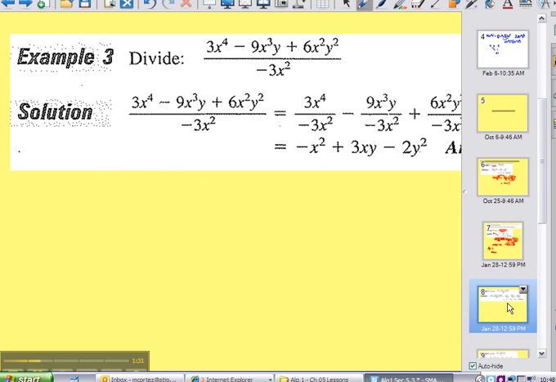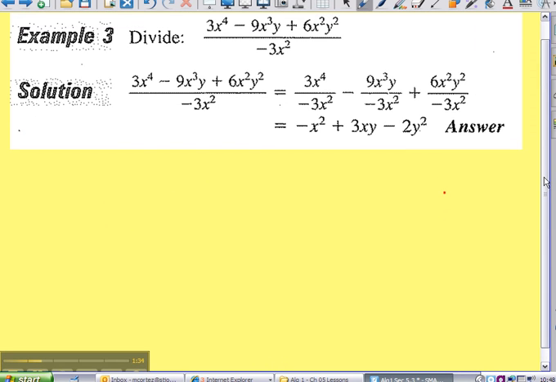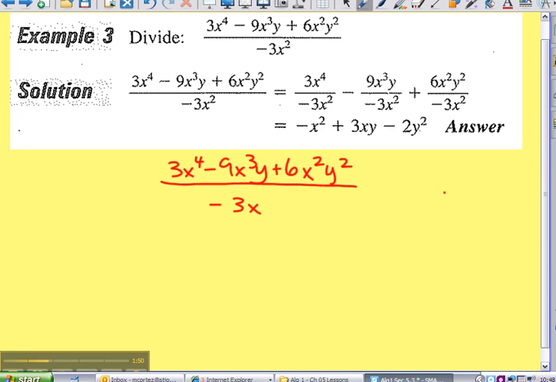Okay? All right. Whoa. A little bigger here. So now I've got 3x to the 4th minus 9x cubed y plus 6x squared y squared all over negative 3x squared. Fine. Let's just break it into 3 fractions. 3x to the 4th over negative 3x squared minus 9x cubed over negative 3x squared plus 6x squared y